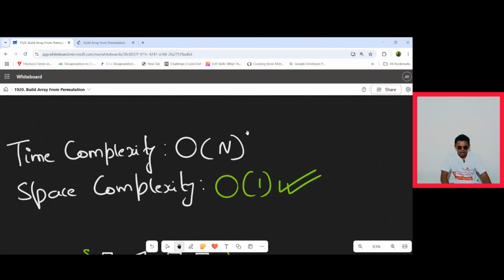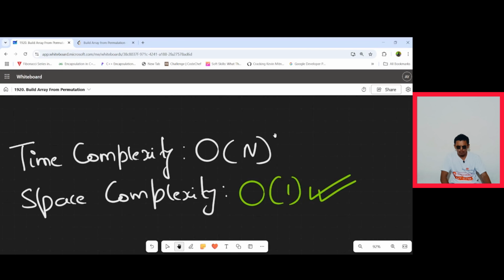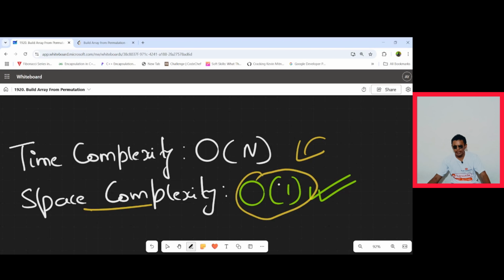Now in this approach 2, why are we opting for approach 2? Because specifically in this we have our space complexity as big O of 1, which is a very better way, and we can also say that we are not using any extra space. I repeat, here we are not using any extra space.